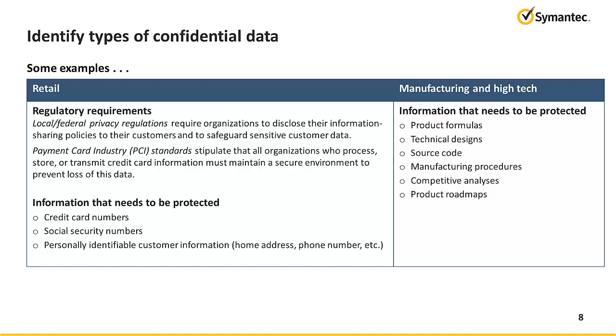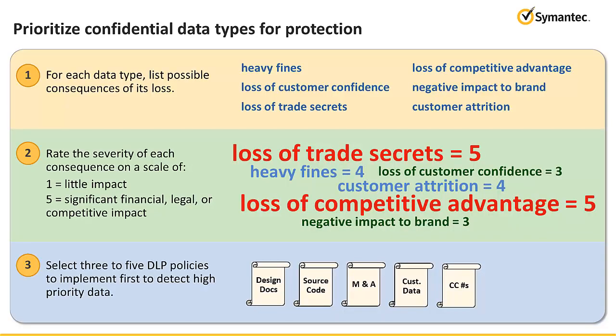Companies in the manufacturing and high-tech industry, however, will typically focus on protecting intellectual property, which can include product formulas, technical designs, source code, manufacturing procedures, competitive analyses, and product roadmaps. It is usually not difficult for organizations to create a long list of all the different types of confidential data